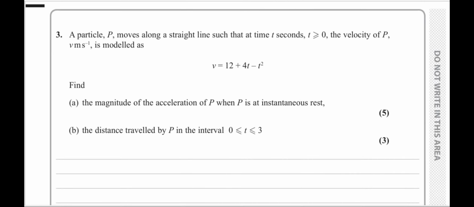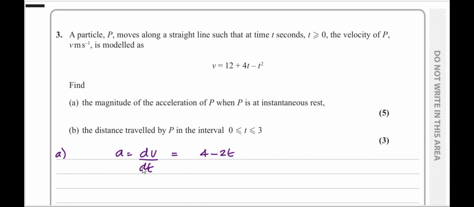Question 3. A particle P moves along a straight line such that at time t seconds, where t is greater than or equal to 0, the velocity of P, v meters per second, is modeled as v equals 12 plus 4t minus t squared. Find the magnitude of acceleration of P when P is at instantaneous rest. Here you have to differentiate the v function to find the a. So we can write a equals dv by dt, which is equal to 4 minus 2t,